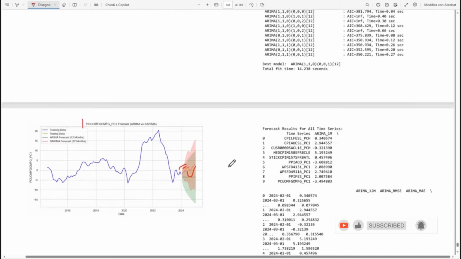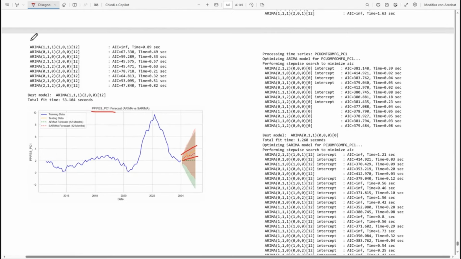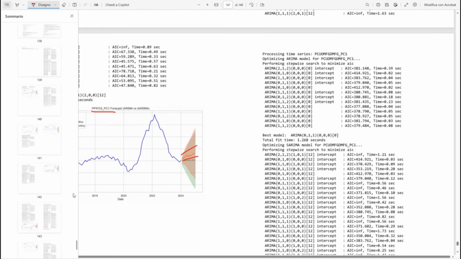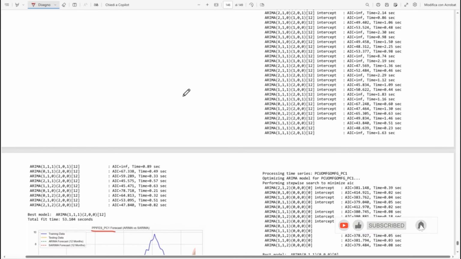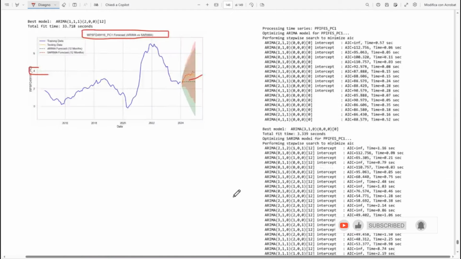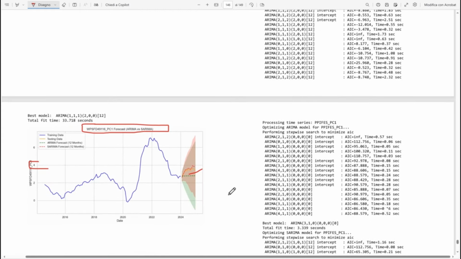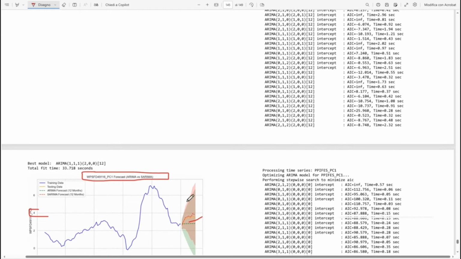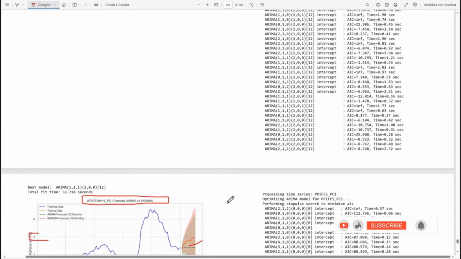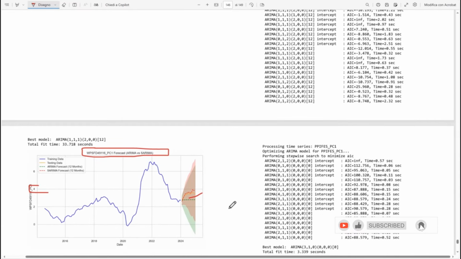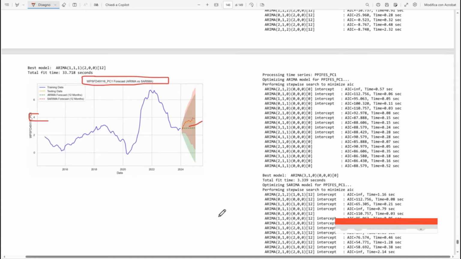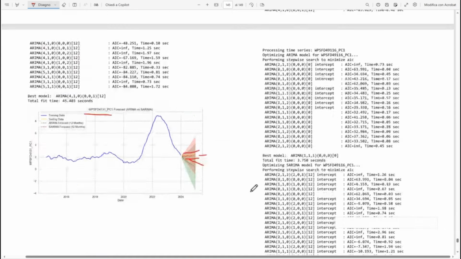Okay, so overall, what is the takeaway of the whole thing? The takeaway is nothing to take away. Nothing really to take away. What the Arima model, the seasonal Arima model tell me is that core producer price index, or producer price index excluding food, energy, and trade services, should be increasing in 2025, even up to 4%. And also